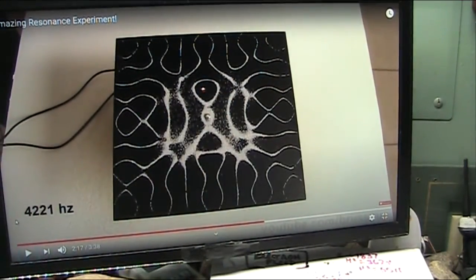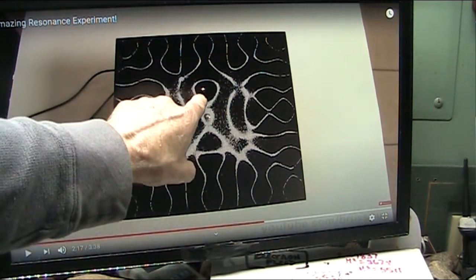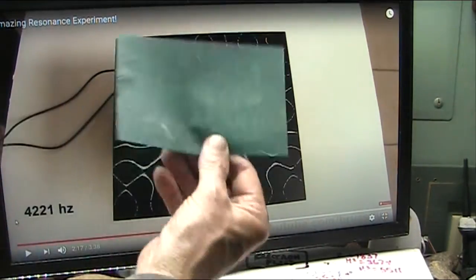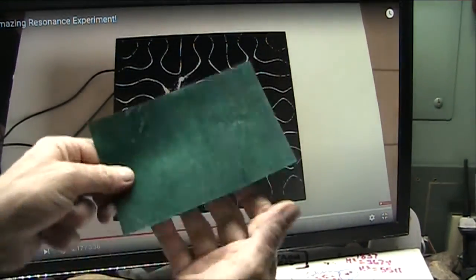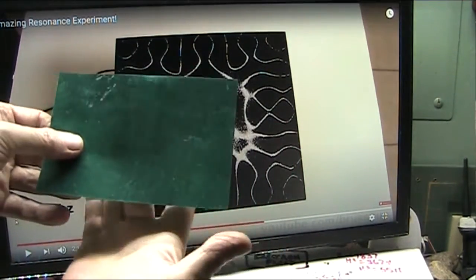That's what that is, all right? It has energy around it, and there'll be a dark spot in the center. And I'm going to show you that in this magnetic tape, or whatever they call this stuff. You put the magnet behind it.